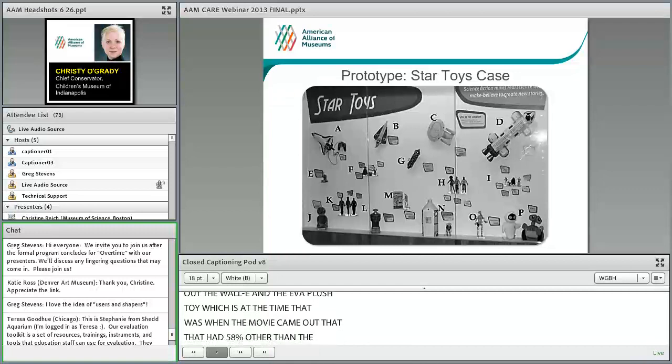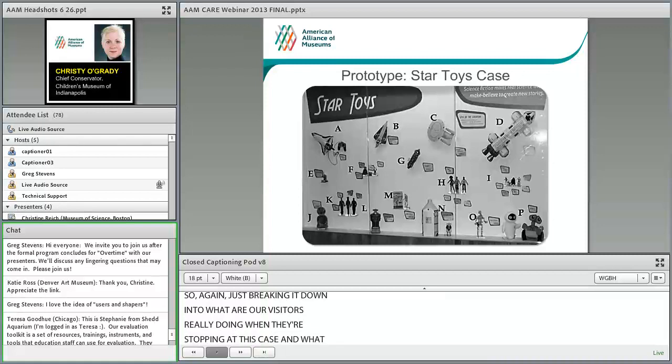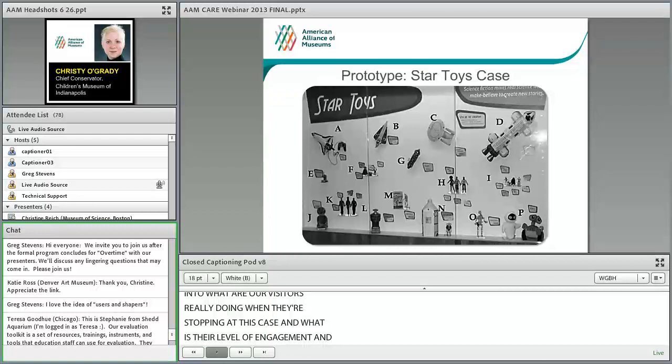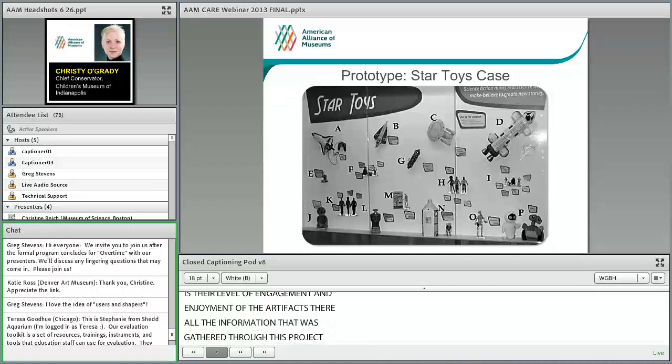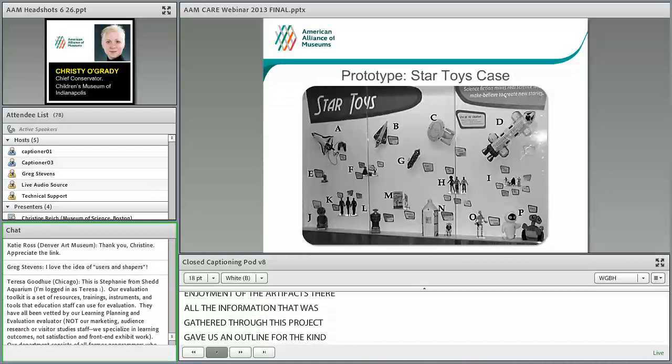But it was an opportunity for us to begin talking to our visitors very specifically about what they liked or did not like, what they were interested in among particular artifacts and how they were presented, and how that had impact on how much time they spent and how much conversation they had about these artifacts. It really was able to give us some very, very specific information. Things like, even though there were 16 groupings of artifacts